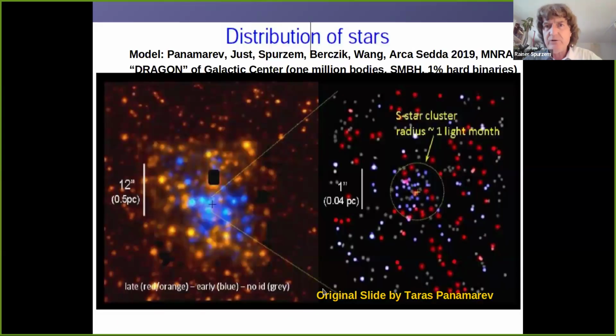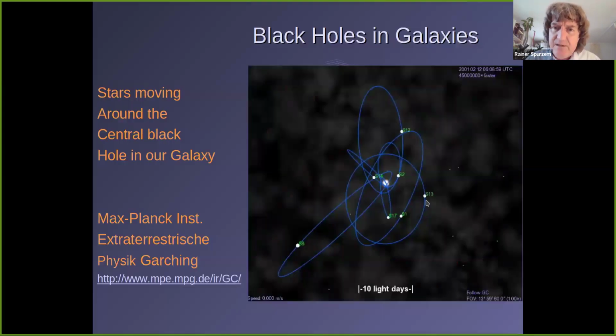And here are some more zoom-ins from observations. I think I will skip this and only go to this one, which is now very well known. In the inner light days here, we have these stars which have been observed, how they orbit around the supermassive central black hole. And this is certainly, all our post-Newtonian dynamics can be used, but our goal is actually not just to simulate these 10 or 100 stars. Some people have done this, but we are interested in the astrophysics of the million or 10 million or 10^8 stars